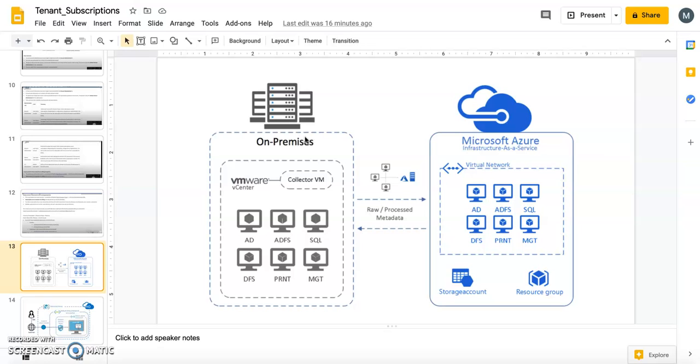When someone says on-premises, and usually people say on-prem, what happens? A company buys its own data center, its own physical servers and database servers and everything. The company spins up its own machines on top of the data center it has bought. If they want SQL servers, print servers, or management servers, they spin up all those physical machines in the on-prem data center.